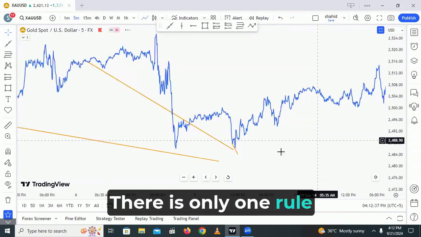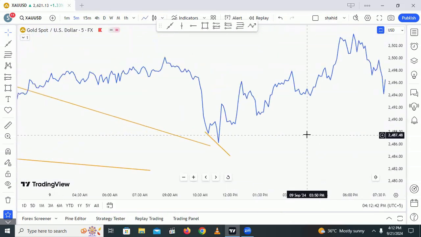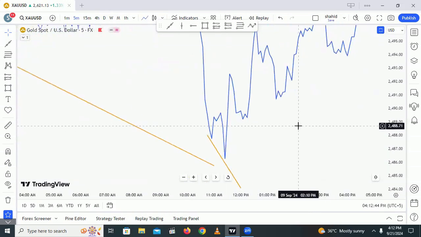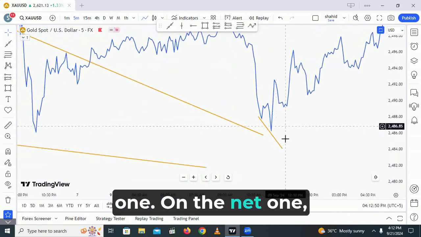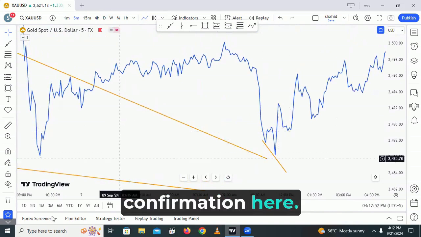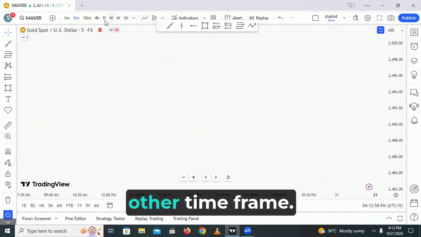There is only one rule of the trend line, and we have to use it according to that rule. Here, there is only a 15-minute one. On the next one, you will definitely get that confirmation here. You will definitely get this pattern, and after that, if we keep it on any other time frame,